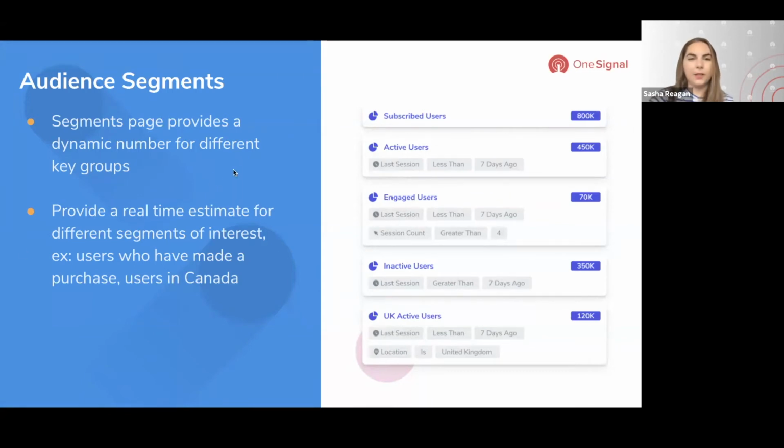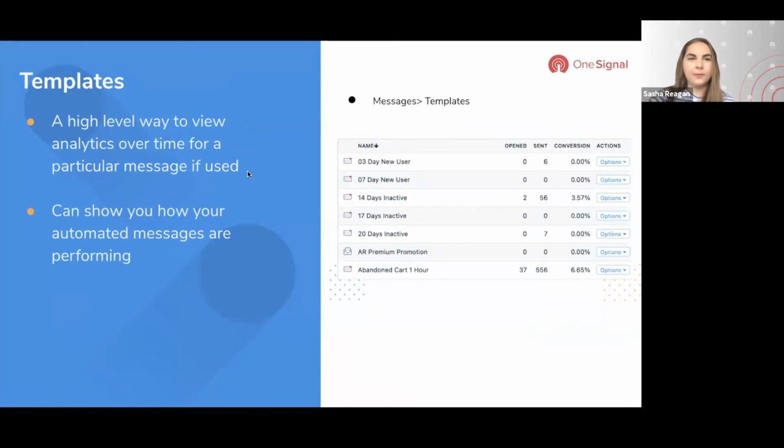I'll go to the next section. And then we have templates. So templates are sort of reusable message content and a high level way to view analytics over time if you were using one of those particular templates. So it could be,